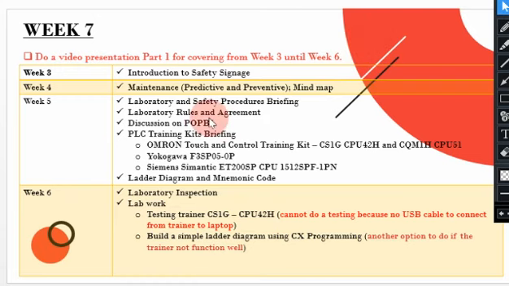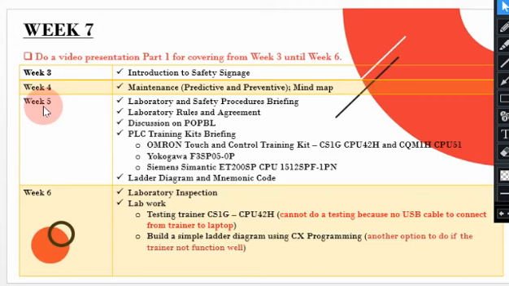So here, what I do in the video presentation for part 1. From week 3 is introduction to safety signage, where each student needs to prepare 10 safety signage. And before that we did a mind map for maintenance, which my part is predictive and preventive. So week 5,